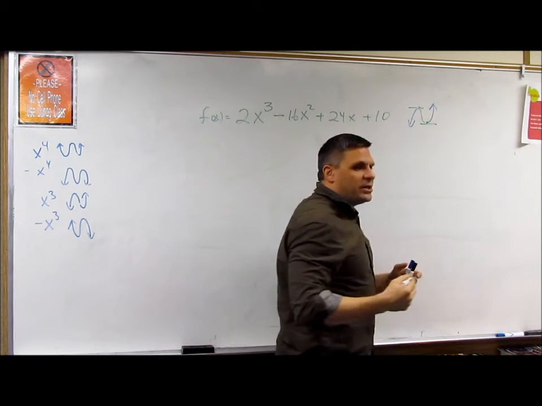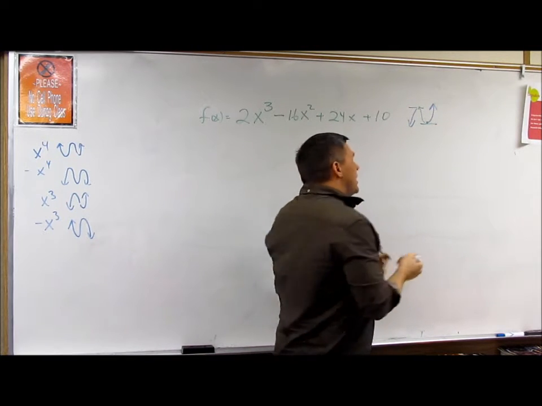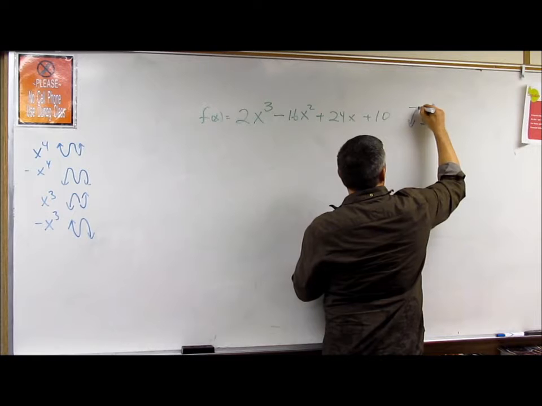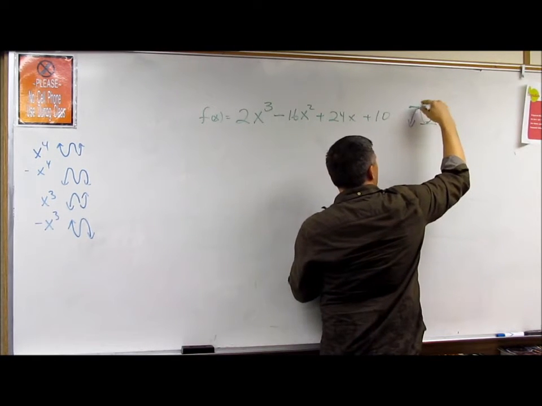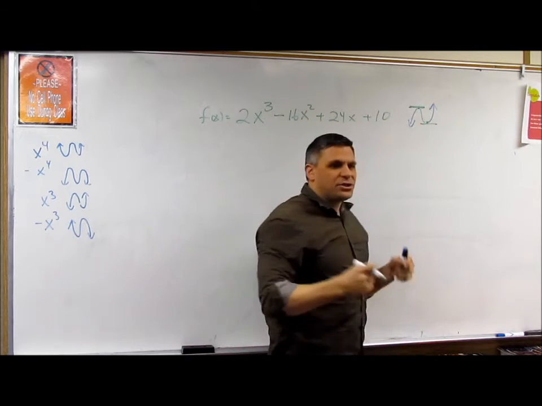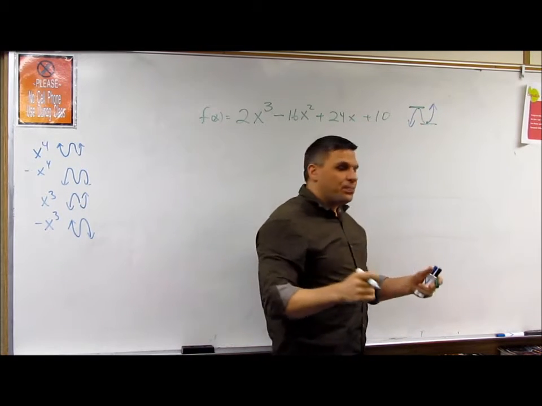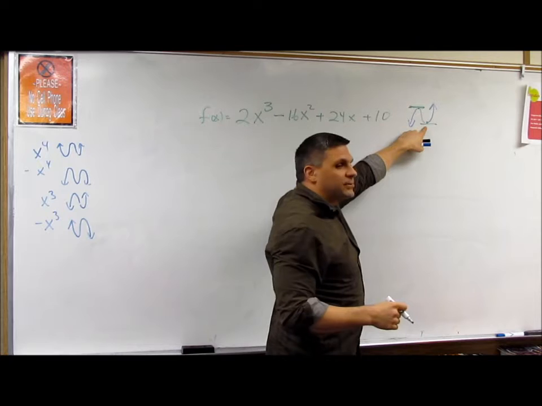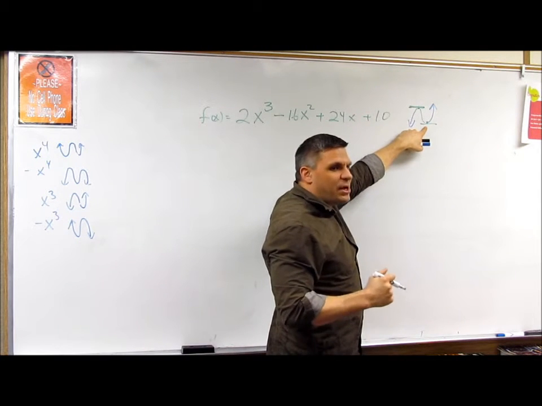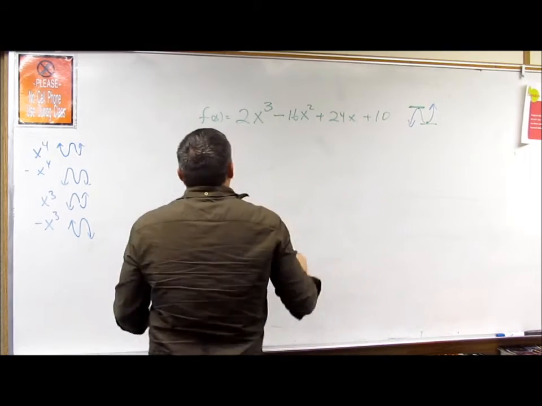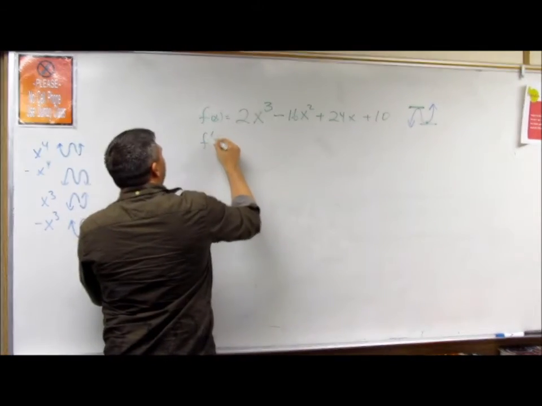But what the cool part is, when I'm talking about the slopes at this exact point, where it changes from positive to negative, then I'm talking about the slope at 0. The same thing when it changes from negative to positive. I'm talking about a 0 slope. So, the key here is to find the first derivative,